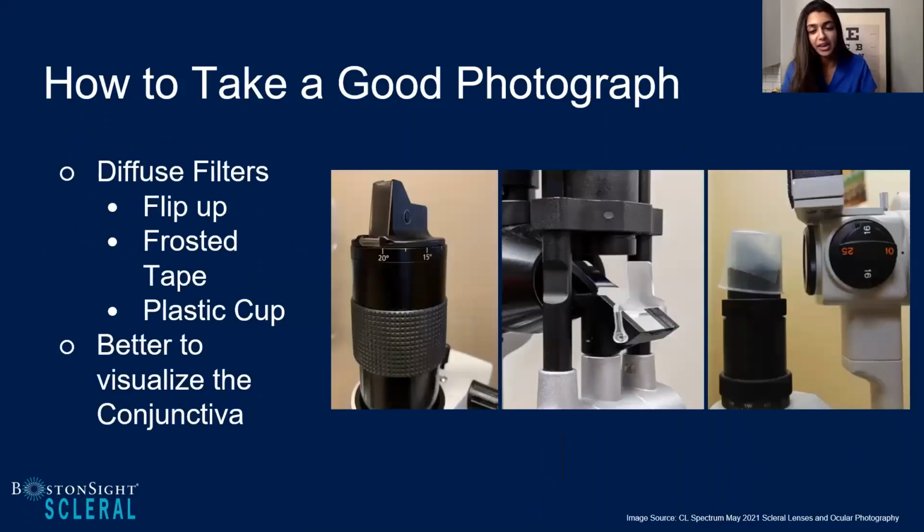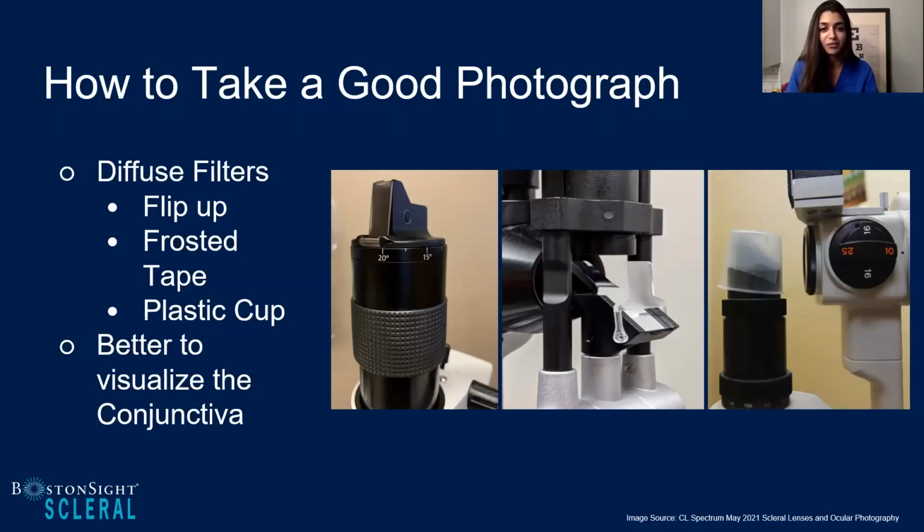I think this is a perfect segue to go into diffuse illumination. I really utilize diffuse light when I'm looking at the conjunctiva and seeing what the scleral lens is doing. And so really, I think the one take-home point is learn your slit lamp. Depending on what model of the slit lamp you have, you might already have a filter that's already put up in there. So these are two images of my Haag versus Zeiss, where I have filters that simply flip up and flip down. There's also the unique trick of taking plastic tape and just taping it over your slit lamp light source to create that diffuse beam.